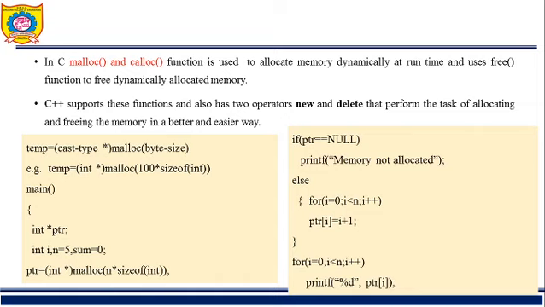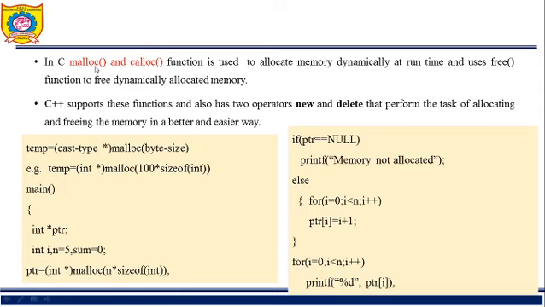This is about C++. Now what about C? How to create a space at runtime? For that, in C there are the functions malloc and calloc. I'm just talking about malloc because calloc is the same as malloc. These functions can also be used in C++, but it is not recommended by C++ to use them. So instead of these functions, in C++ the new operator is used.